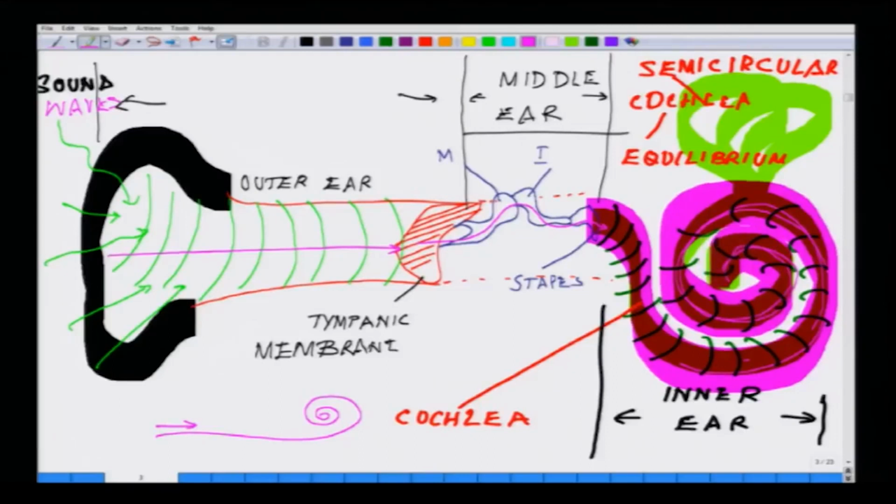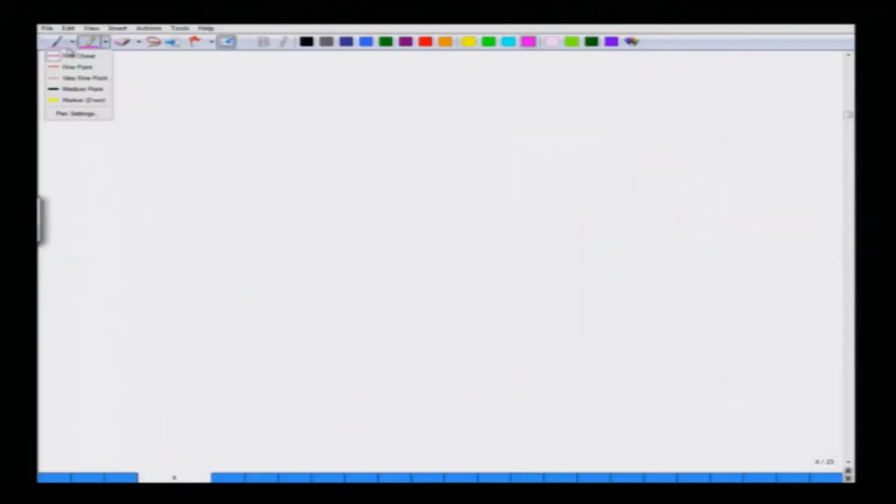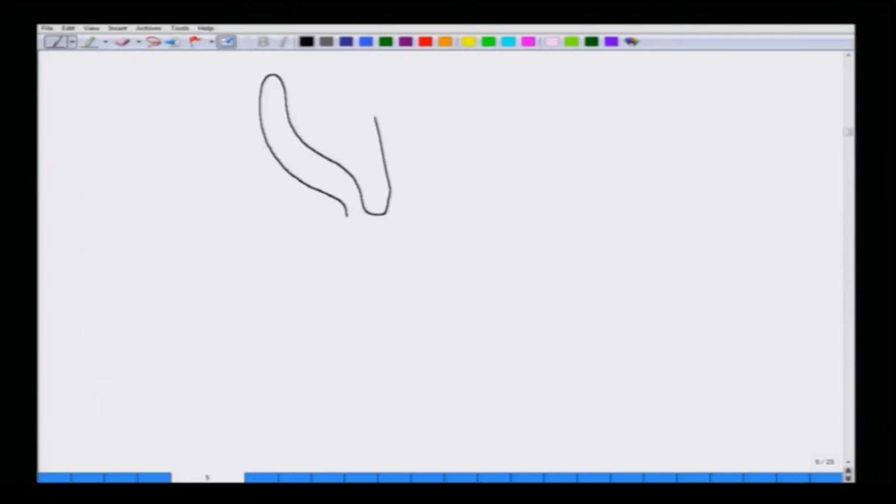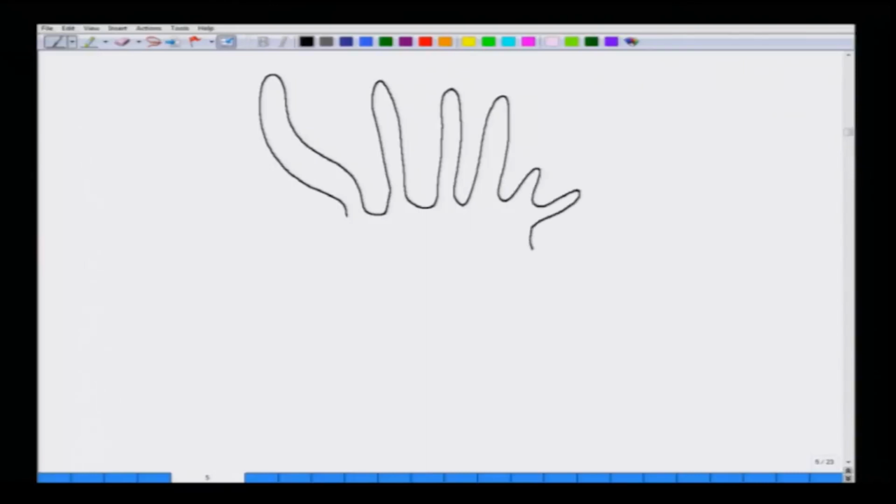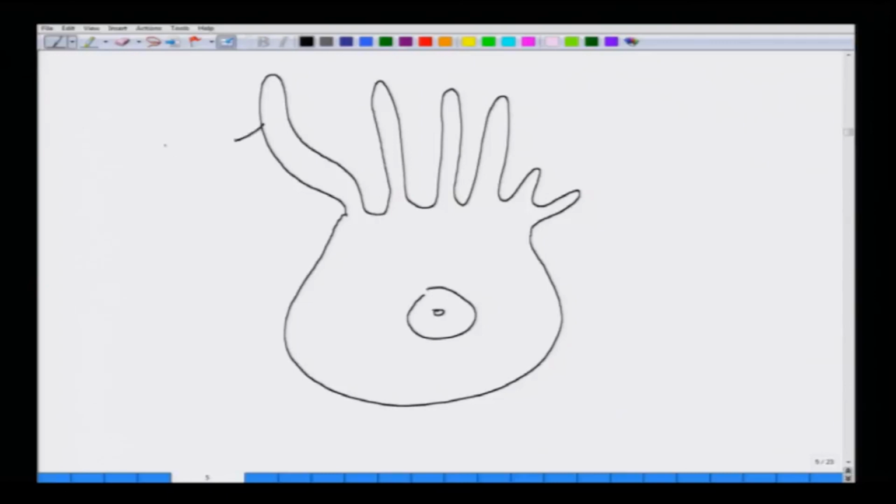So, let us talk about the structure of the hair cells now. So, these are the stereocilia and these are the kinocilia,